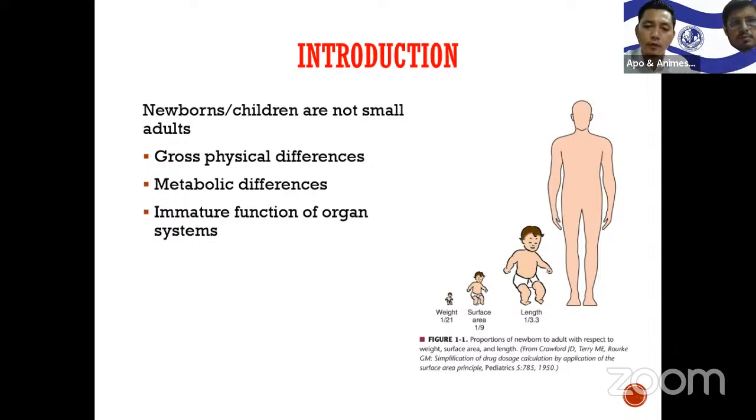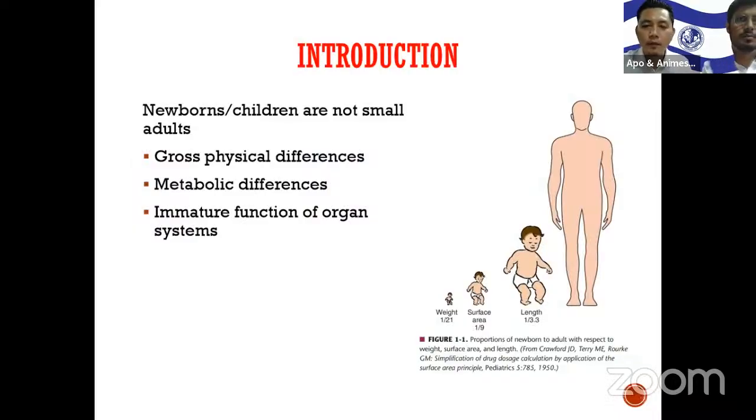Newborns are around 1/21 of the adult weight, and in surface area they have around 1/9 of the adult surface area, and in length they are around 1/1.3. And also they vary